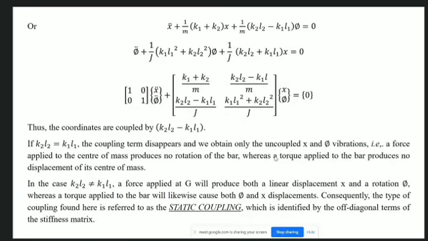So this is called the static coupling. This is occurring because of the stiffness term. That means if somebody would have a no acceleration condition, x double dot and phi double dot equal to 0. That means even if we were interested in the situation that we have applied a static force,